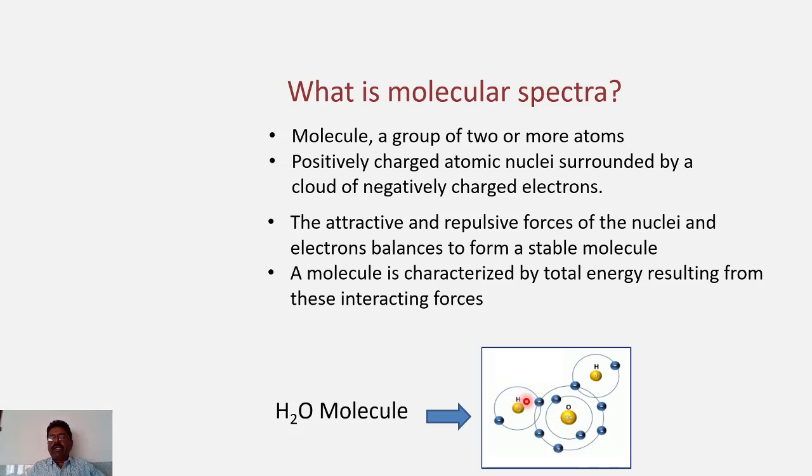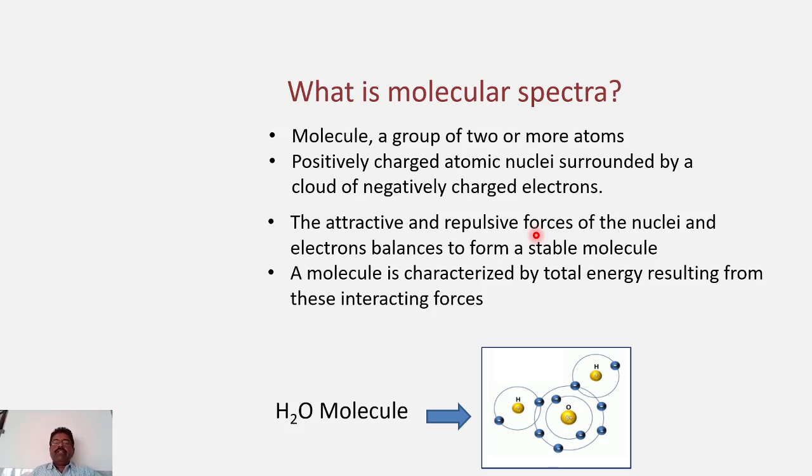So there may be an attractive force between the positive nuclei of this atom and the electron of this atom, or the positive nuclei of this atom and the electron of this atom. So both ways this is possible. There may be repulsive forces also, between the electrons of hydrogen and oxygen. Okay. So the attractive and repulsive forces of nuclei and electrons are balanced in a molecule in such a way